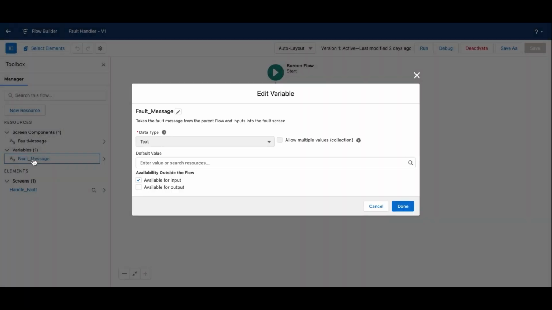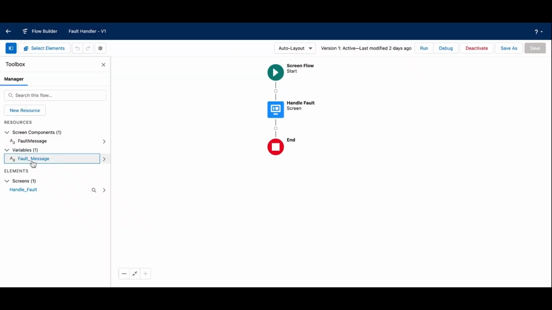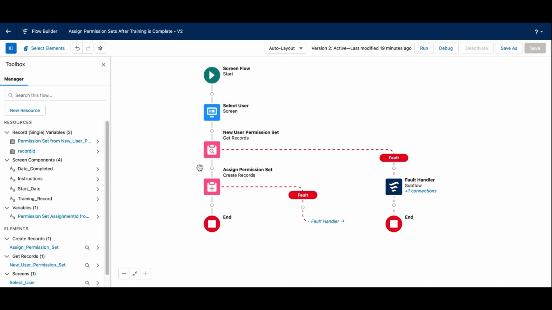All right, so the fault message variable here, I called it fault message. You can call that whatever you want. Set it for input, and it's of data type text. All right, so make sure you have that set, because when we go to connect it in another flow,